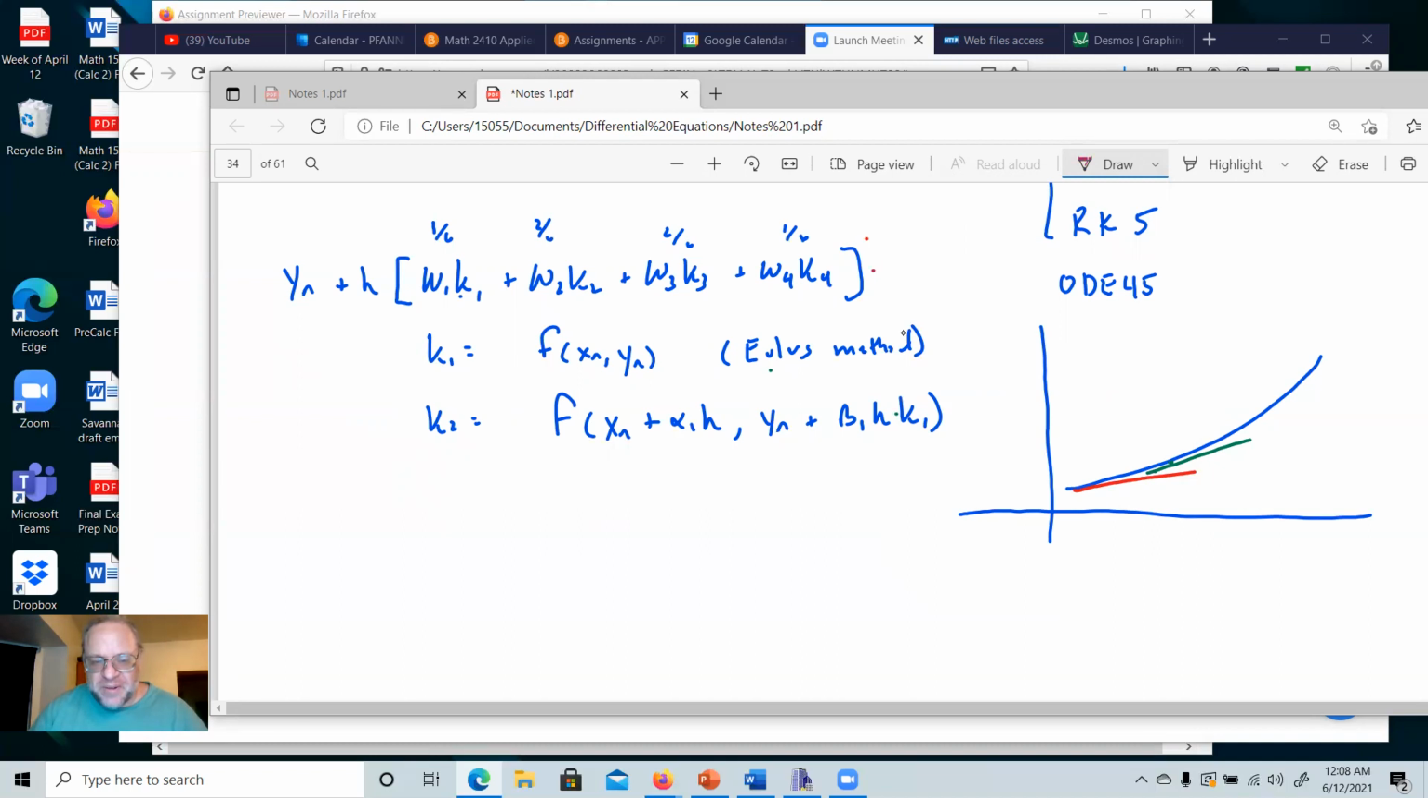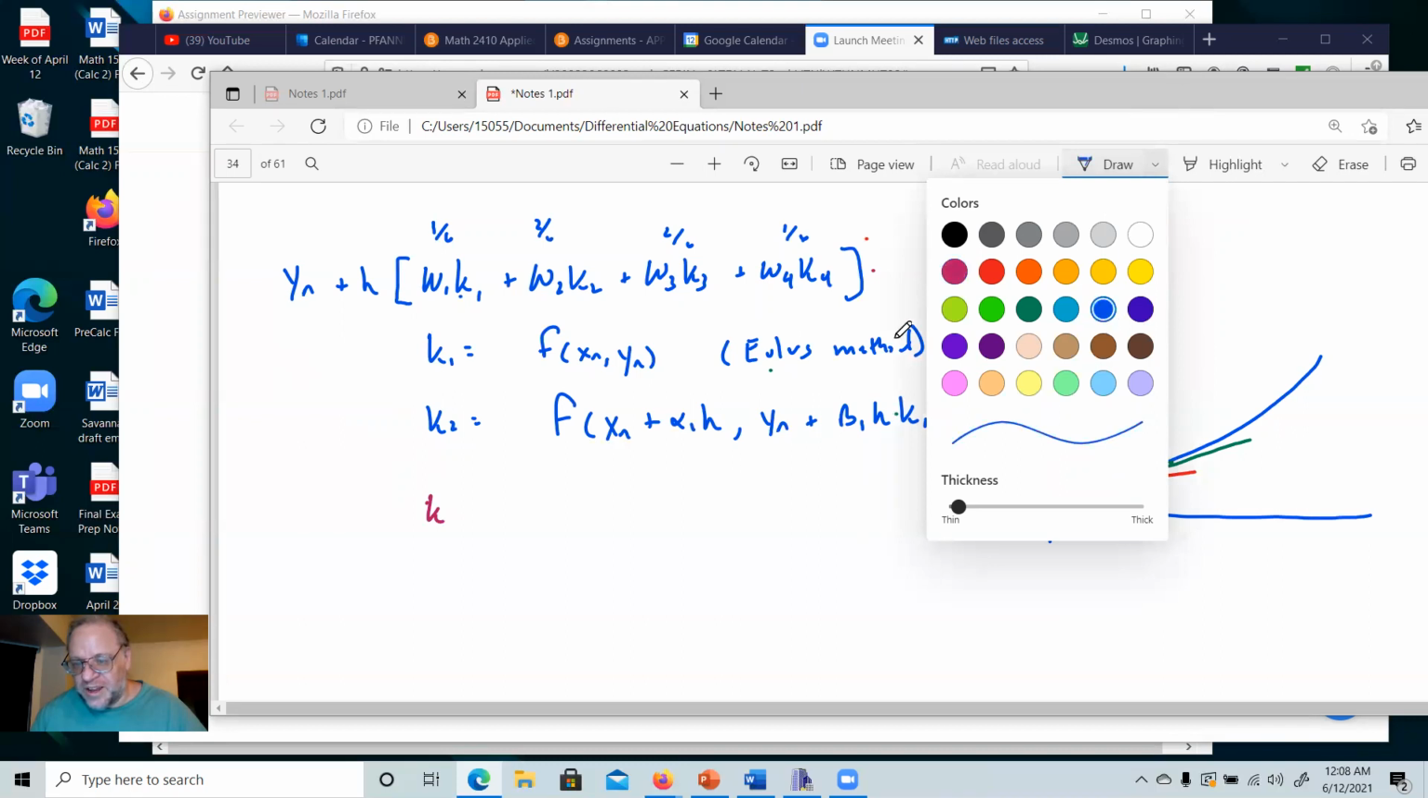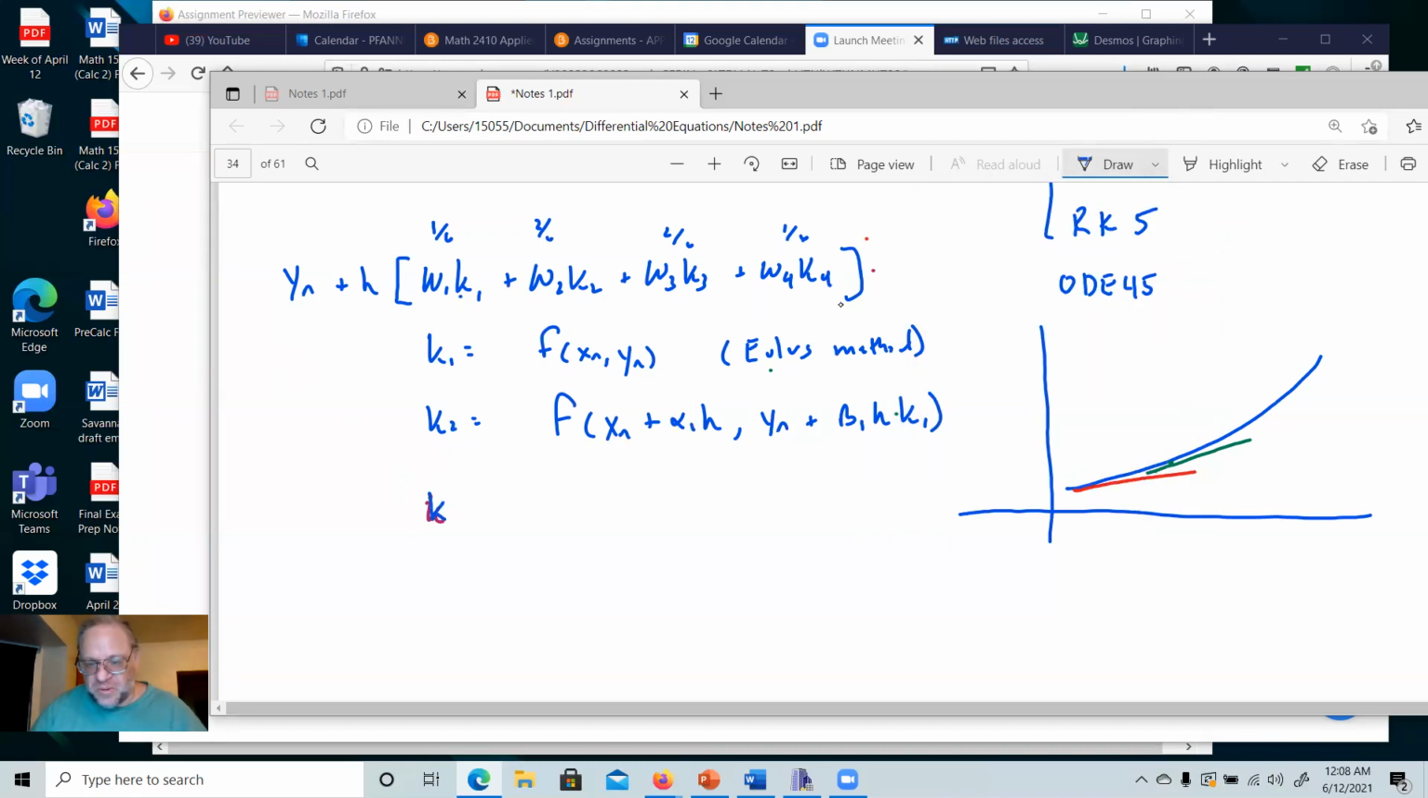Something I want you to remember is that this is all to do one step. We're just going from our start x0, with step size h, to x1. It's just one step. So we might have several hundred of these to do. Our K3 is equal to f of xn plus alpha 2 h, comma,